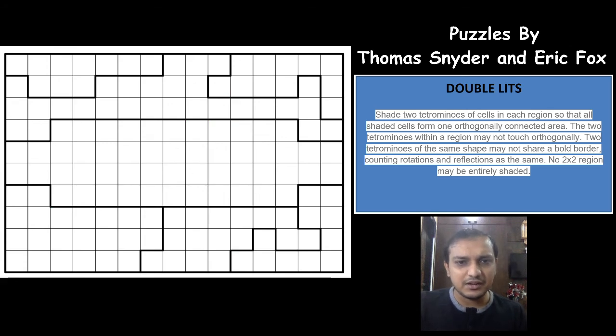So this is a bigger grid here, and I really love the idea here because I could see something very tricky going on in between, in the middle region here. A very big region, as you can see, this is the middle region. Something should be going on with that region actually. So let's see, and let's start solving this excellent double lids puzzle.